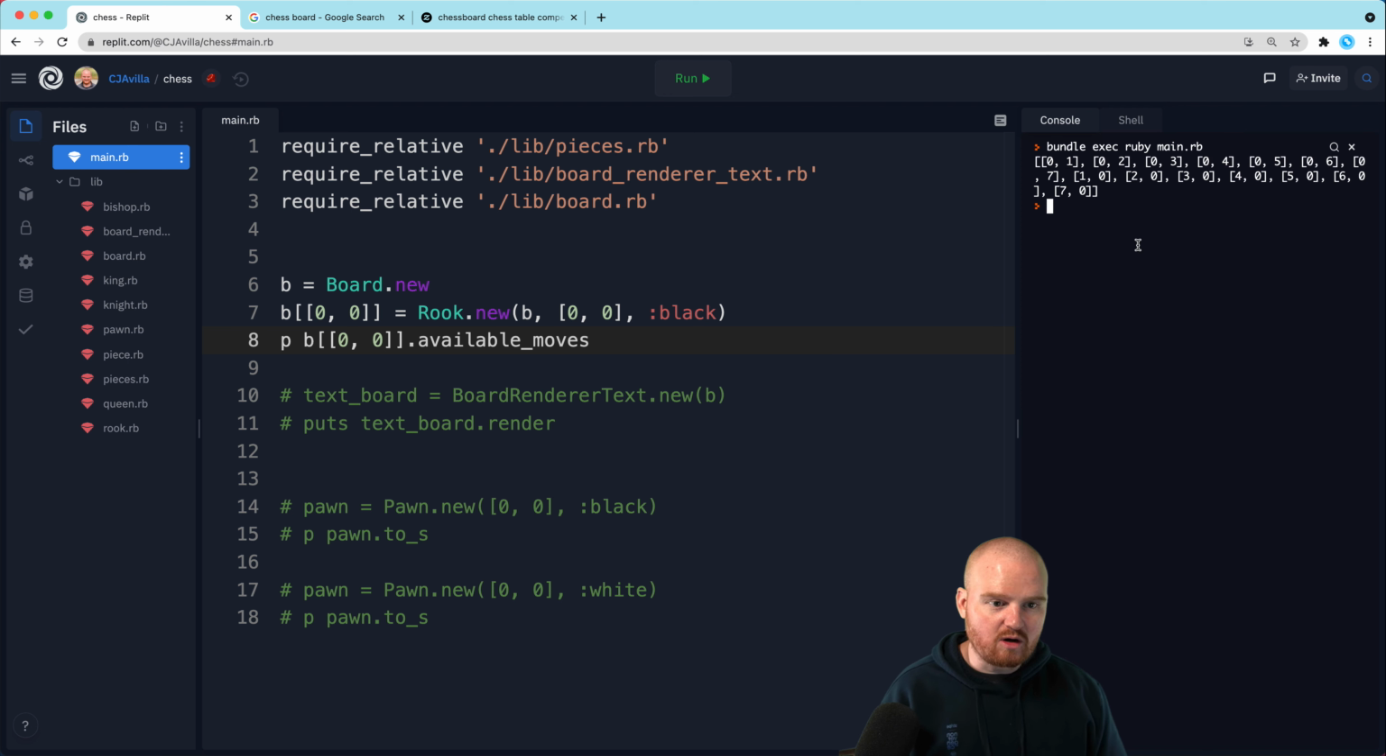All right. So is this the actual possible moves? If we have a rook that's at 0, 0, we can move up 1, 2, 3, 4, 5, 6, 7. And then we can also move to the right all the way to the end. Good. This is great. So now if we put the rook in a different spot, let's say we put the